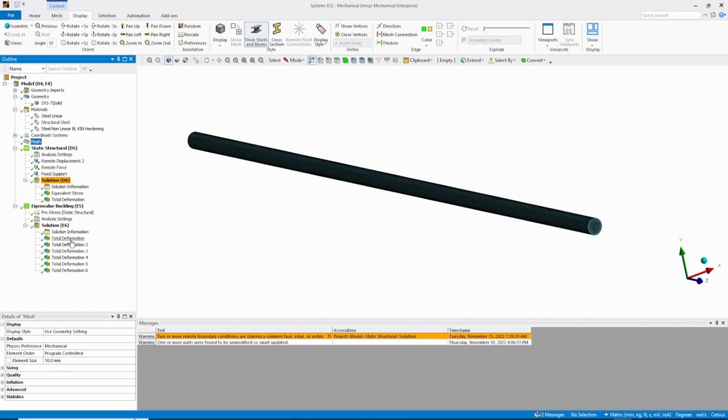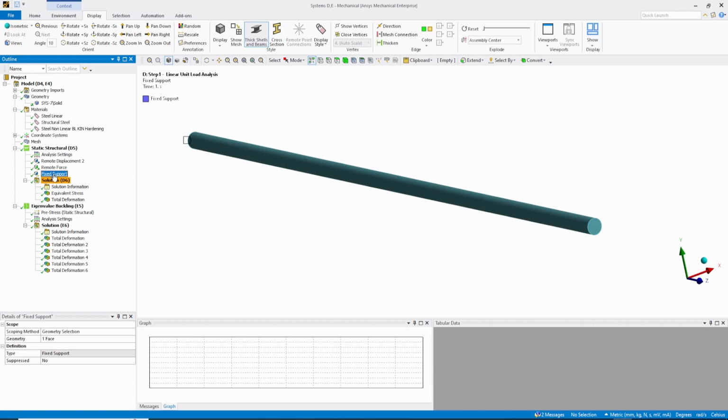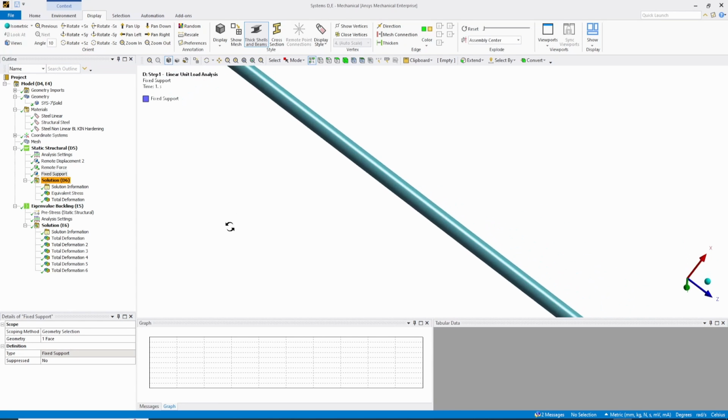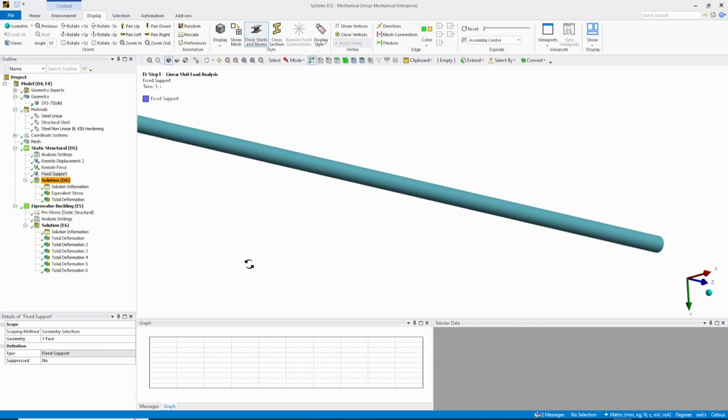Here's the mesh size. Now let's take a look at the boundary conditions. So I'm modeling this as a fixed connection at both ends. So this is going to be subjected to compressive loads with fixed supports at both ends. So at one end, I'm defining a fixed support right here, and